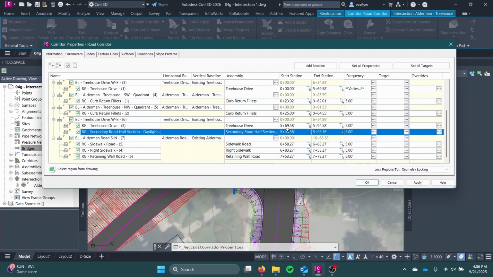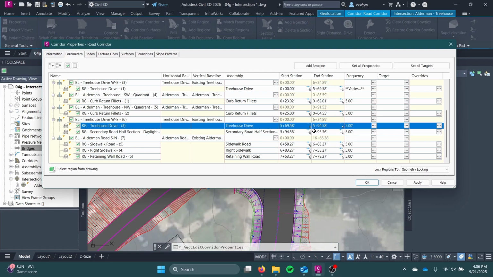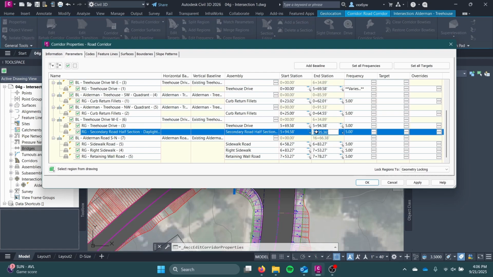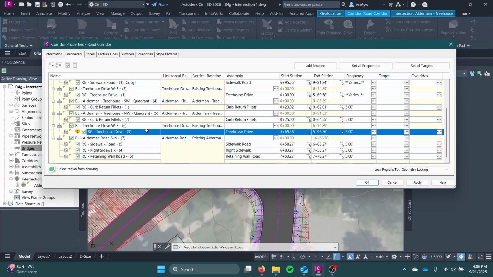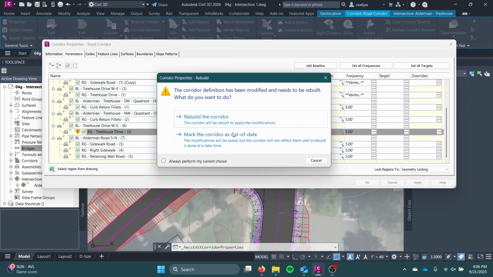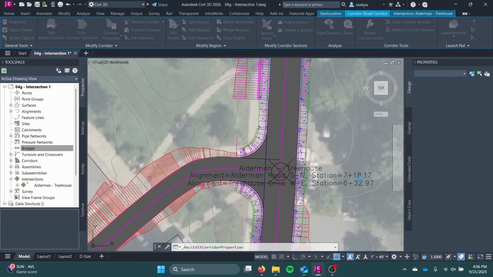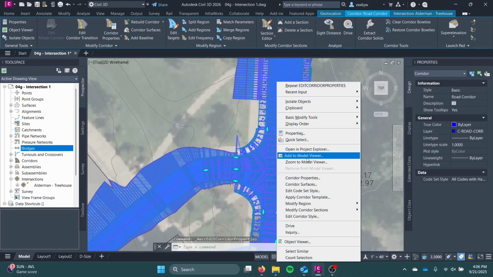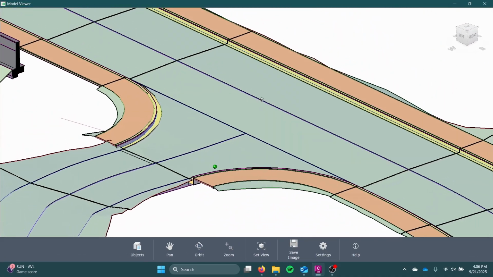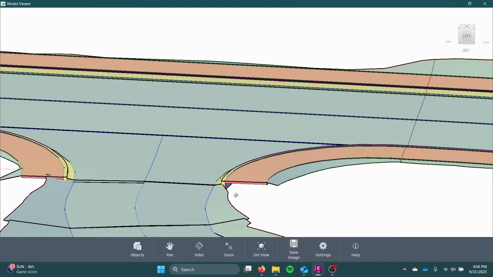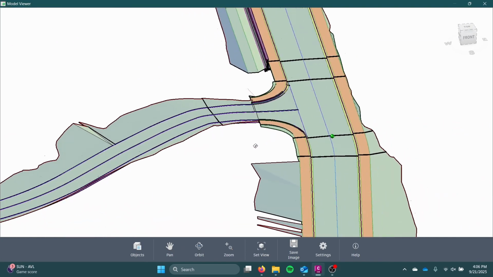I'm just gonna remove this region. But before I remove it, I know I want Treehouse Drive to end here. So I'm gonna copy this value, put it in there, and then delete this one. So now Treehouse Drive is taking up the full length, that assembly that we made. Rebuild. And now if I go to model viewer, that should be fixed. Looks like it is. So again, the transitions won't be perfect because we're not dealing with those, but I hope